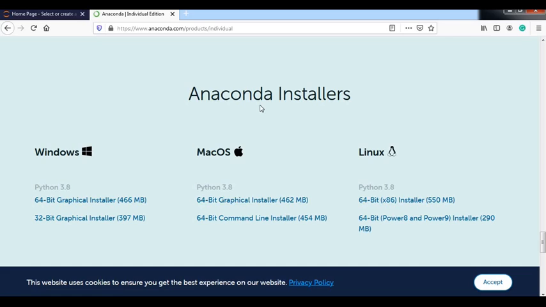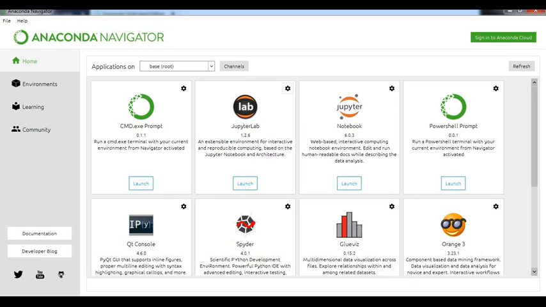As I already have Anaconda on my machine, let me show you how it looks. So this is the interface of Anaconda. Below every app you have a launch button. I am using Jupyter Lab or Jupyter Notebook here. Rather than getting confused with all this set of applications, you can read up the details here.